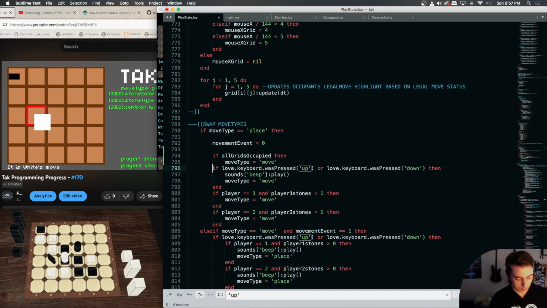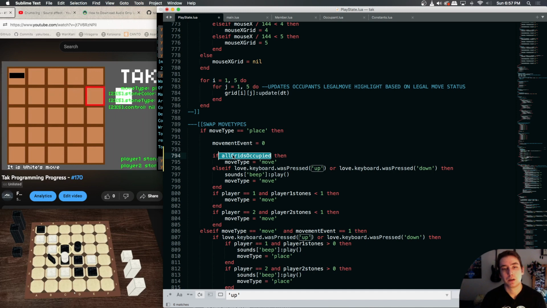And then we would say else if up is pressed or down is pressed, then we would also swap to a move type move. So if we ran a function, and we can run this function upon every player swap, because at the end of your turn it'll change occupant status for grids. So if we add the function that we're actually changing this variable to upon a player swap, then we don't have to ask it every single frame in a move type place. We would just ask it